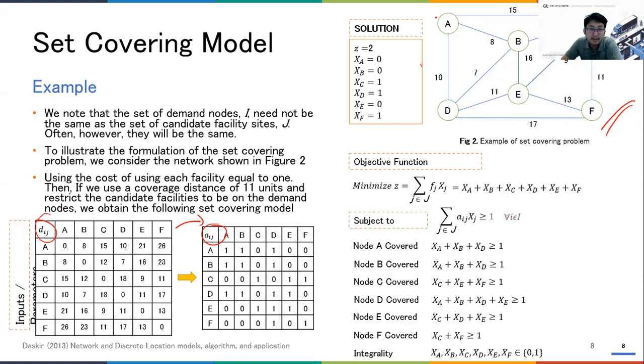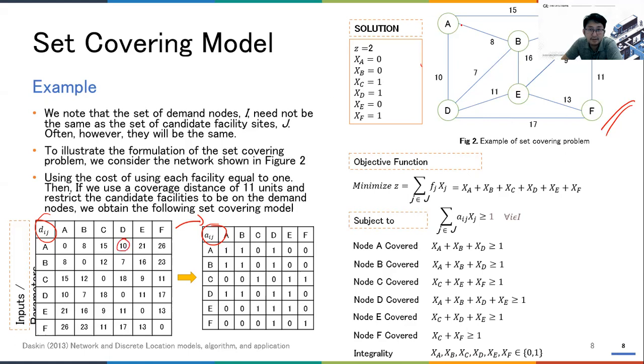First of all, you need to calculate from A to A, A to B, A to C, A to D, A to E, and A to F. This distance will be based on the shortest path from one location to another location. For example, from A to D, what is the shortest way to go? Of course, the direct path, from A to D directly. So it will be 10.